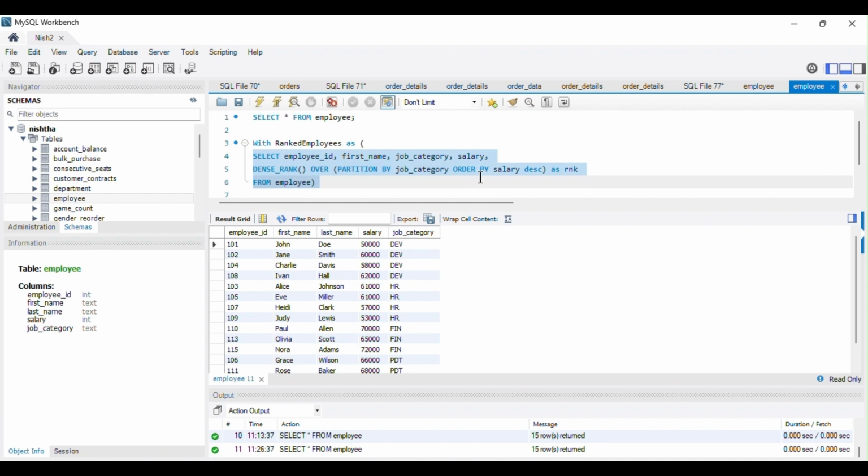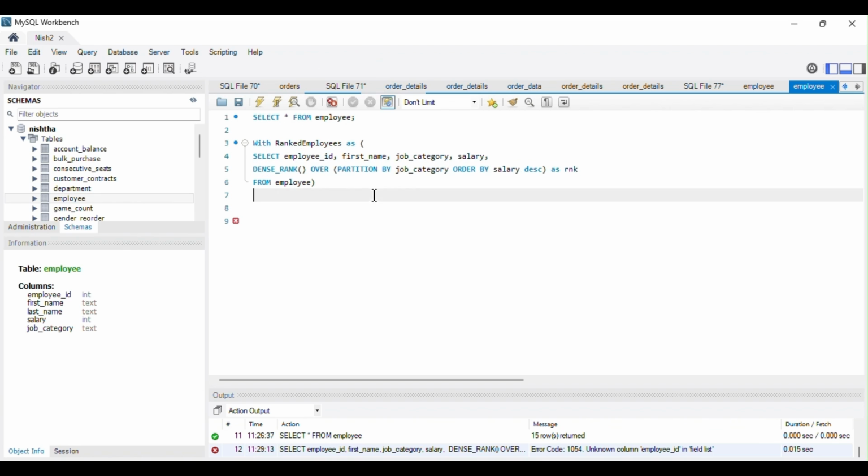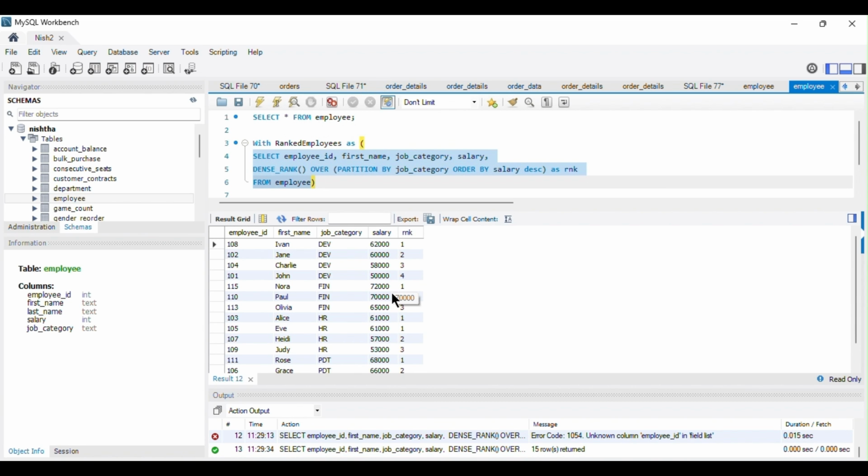If I run the query within the CTE that I just wrote, you can see that the rank has been given. For the development category, 1, 2, 3, 4 is the rank. For the finance category, 1, 2, 3 is the rank. For the HR category, the same salaries have been given the same rank, which is rank 1, as you can see over here.